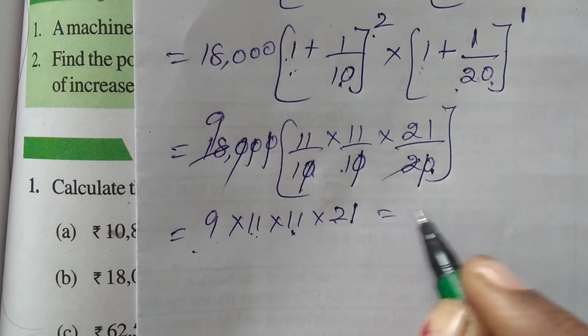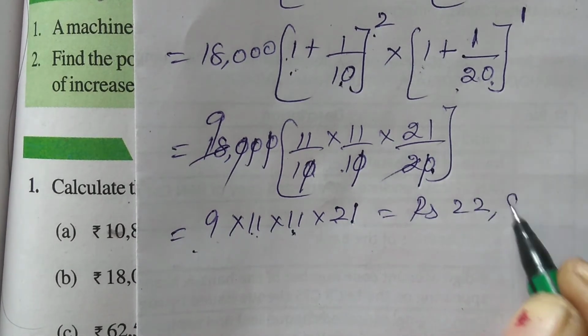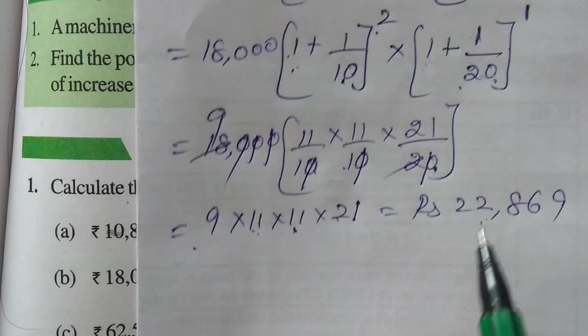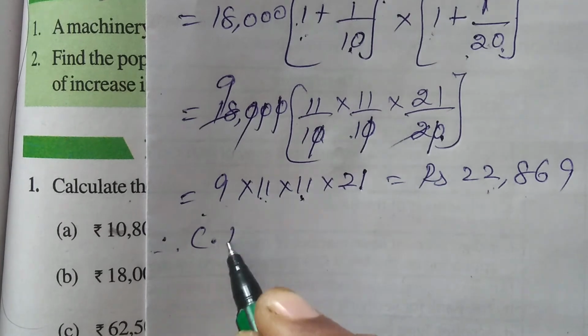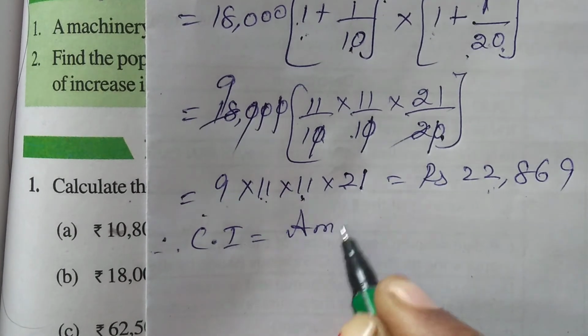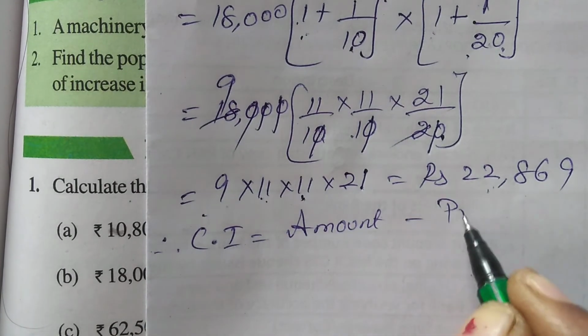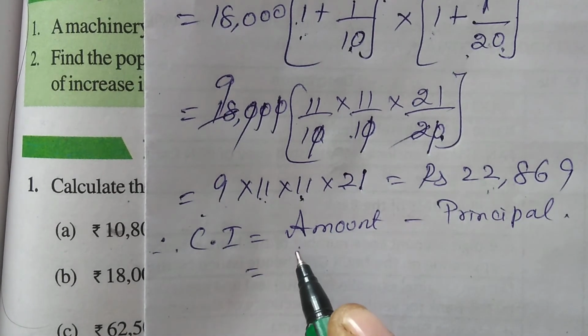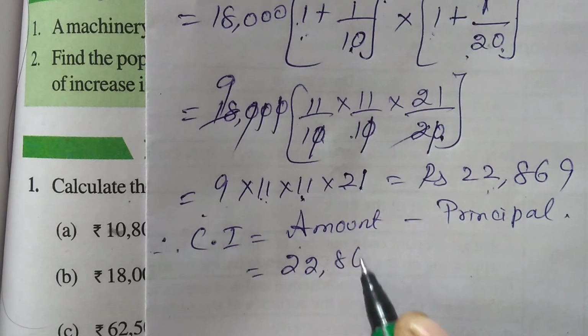This is the amount, but we have to find the interest. Therefore, compound interest is amount minus principal. What is the amount for us? The amount we got now, 22,869, minus principal 18,000. When we subtract, we get